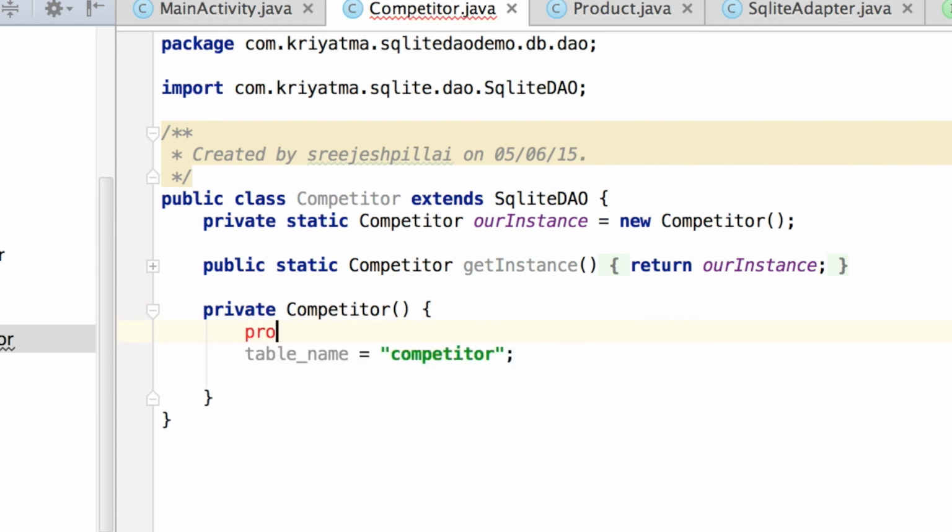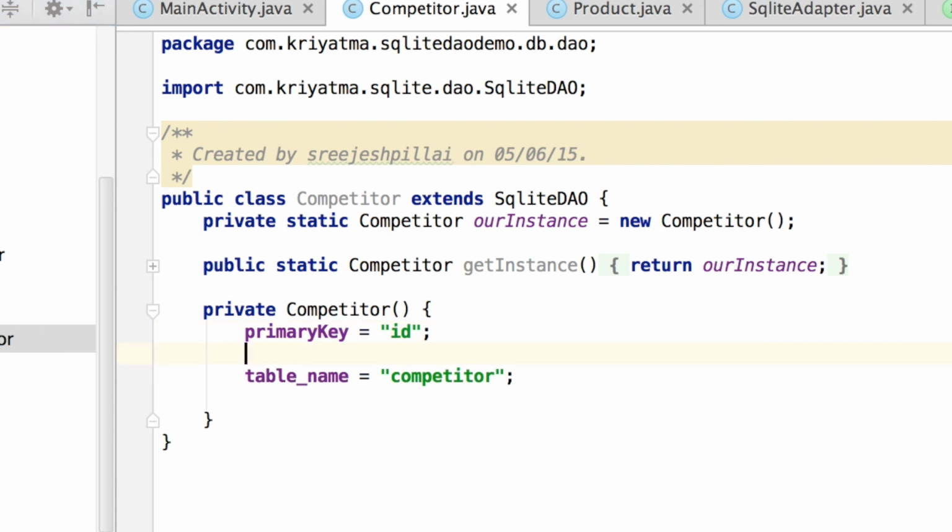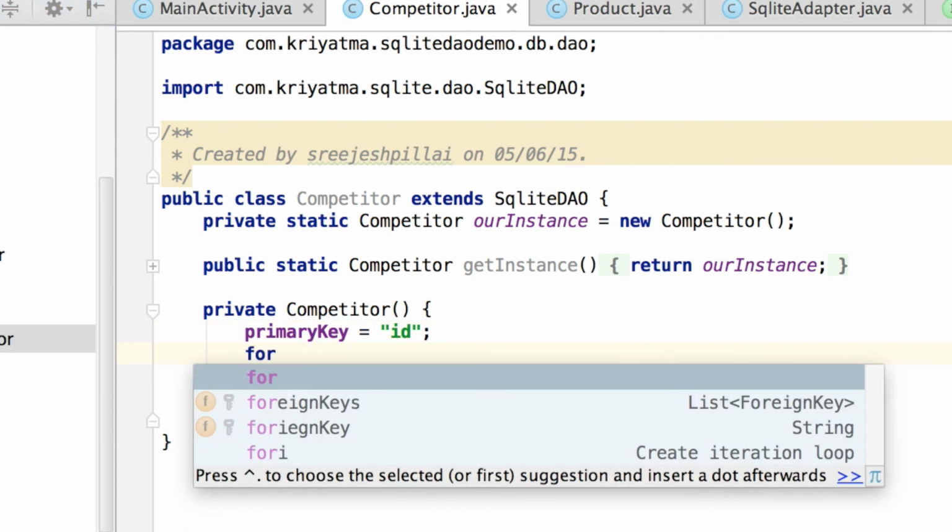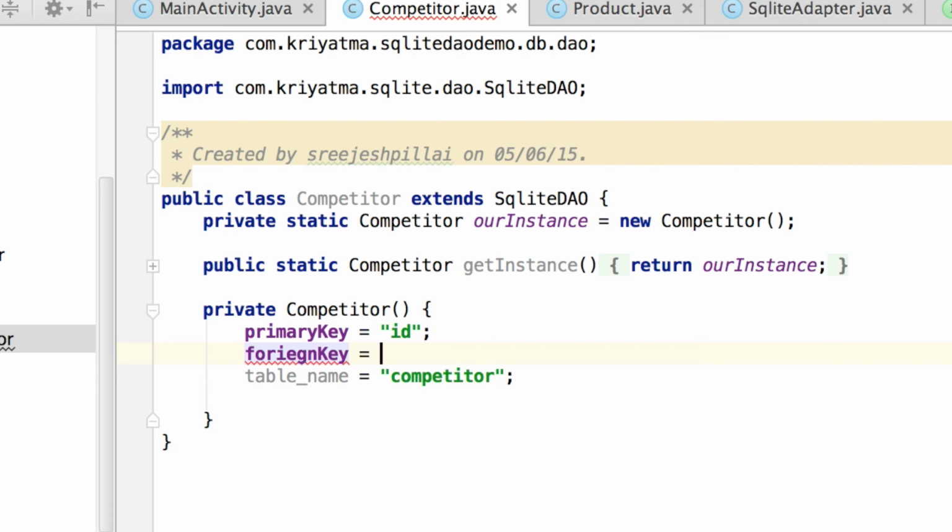As similar to a product, we need to define the primary key. Also we need to do one more thing, that is we will need to define the foreign key as well here. So that is foreign key, and foreign key will be the product underscore ID, and that will be pointing to the product table.